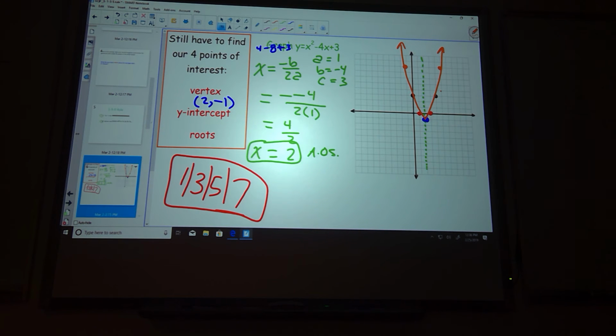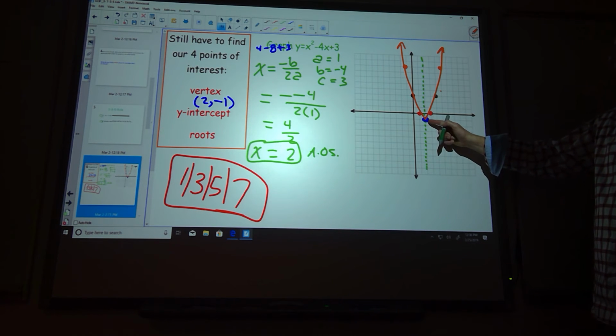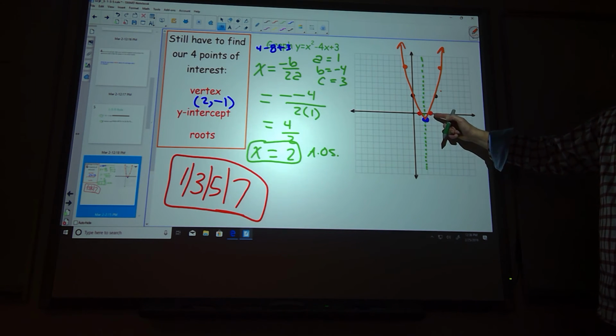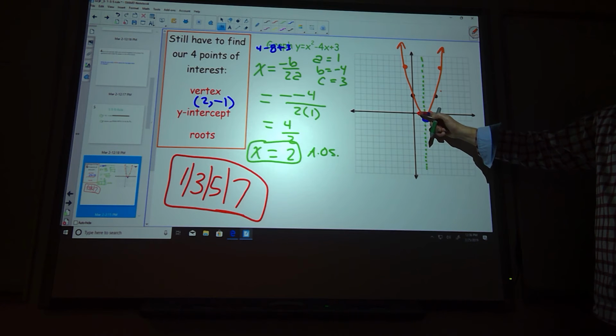Friends, it works that way every time. If you note what your A value is, if your A value is not negative, or if it's a 1, it's going to work like that every time. Have we identified a whole lot of points? Yeah. I could say, that's my vertex. My vertex is at 2, 1. My roots are at 3, 0 and 1, 0.